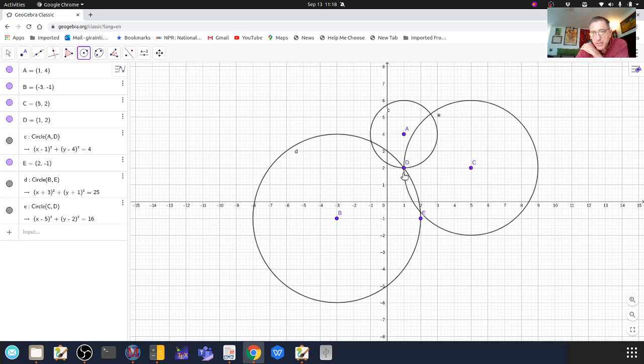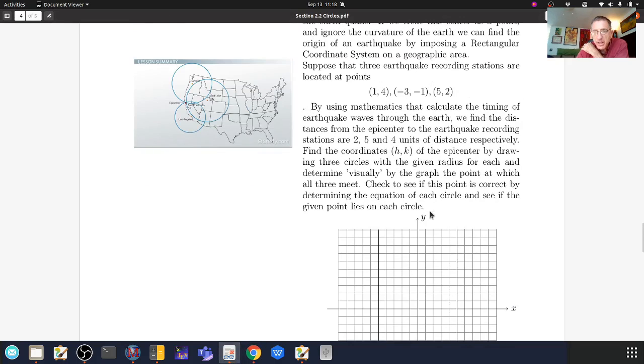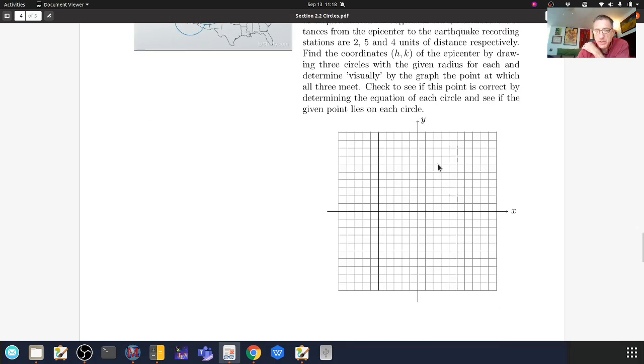So now we see the point D right here, all 3 circles intersect at a single point. And that point, it literally tells you, that point right here, and the point D is 1, 2. 1 is the X value, and 2 is the Y value. So that's what we're supposed to do, is we're supposed to actually graph and find the intersection. And the intersection of all 3 points is at